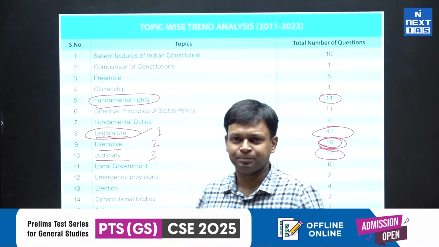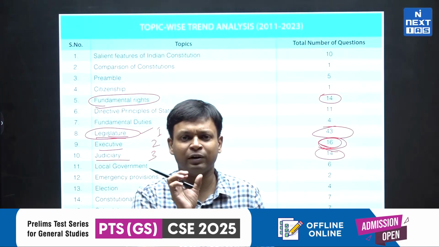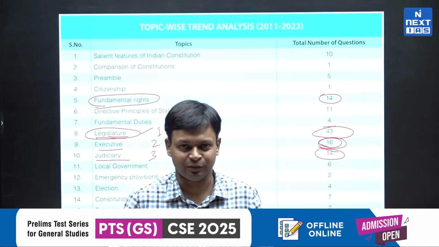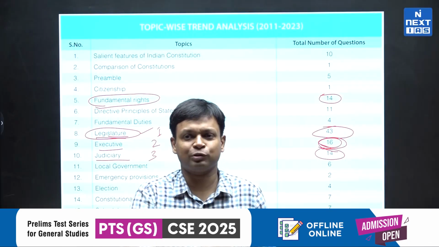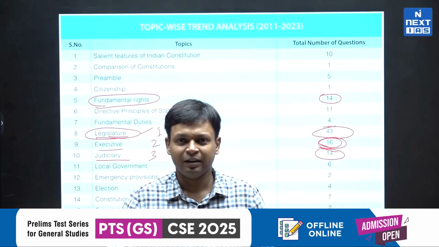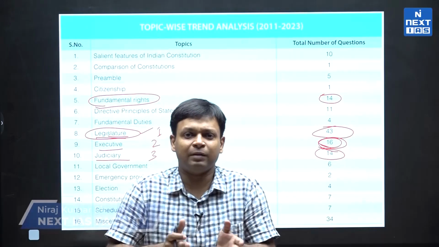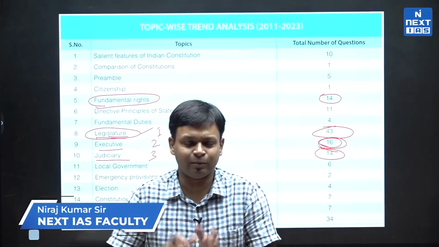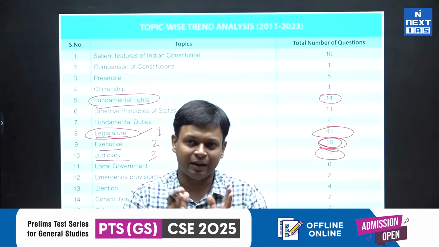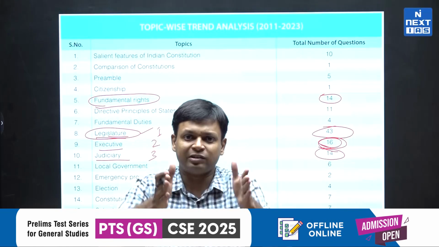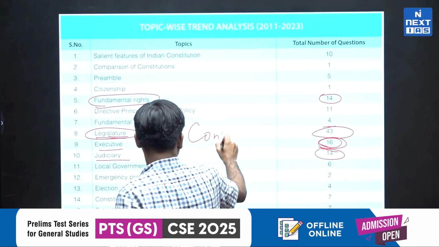Polity is one subject where the syllabus is very, very well defined. It is the most defined syllabus than any other subject in the UPSC preparation. You cannot have a well defined syllabus for history. आपको ये नहीं पता किस बुक से क्वेश्चन आएगा, आपको टॉपिक्स पता है. So you can have a situation where there is some element of luck. आपने वो बुक पढ़ा, उससे क्वेश्चन आ गया, नहीं पढ़ा, उससे नहीं आया, डिफिकल्टी हो सकती है क्वेश्चन करने में. I am not saying it is not possible to manage history and other subjects, no, but what I am trying to say is that other subjects do not have a well defined clear syllabus as in case of polity, because here everything is coming from constitution.